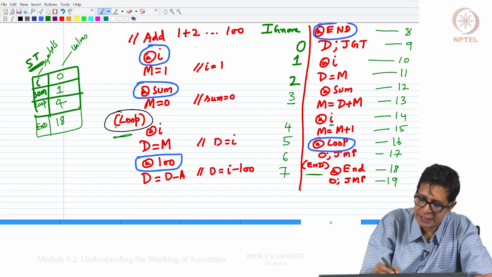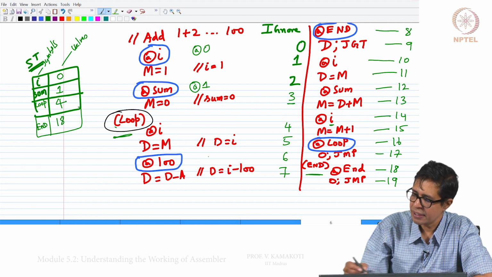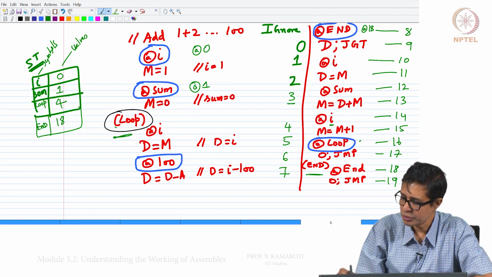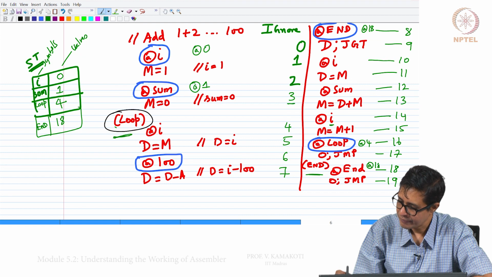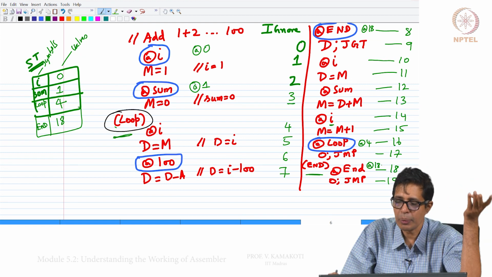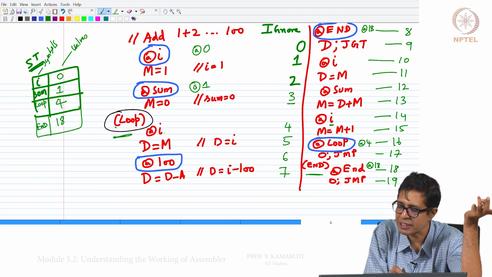Now we can just see that this is going to be at 0, this is going to be at 1, and this is at 100, this is going to be at 18, and this is going to be at 4, and this is going to be at 18, right. Now the program works. So, at loop is nothing but at 4, I jump to the 4th instruction.